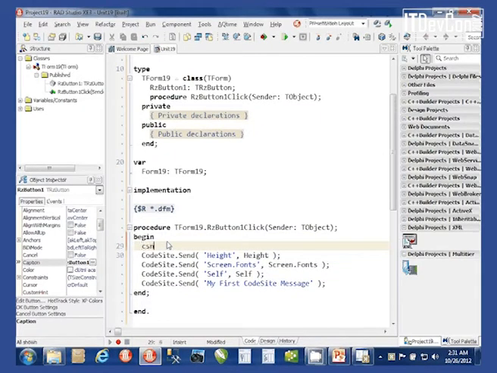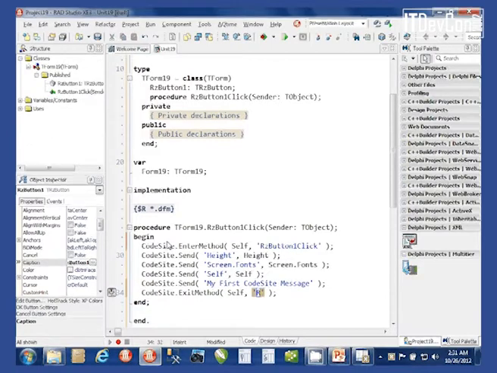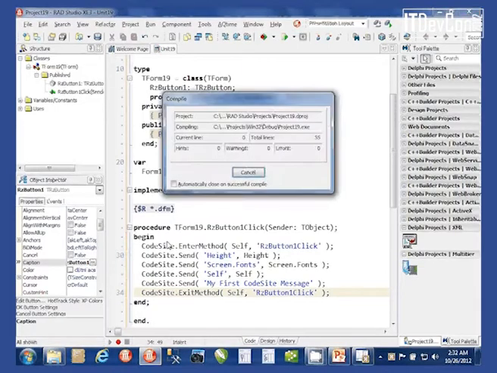One of the ways we do that is using what's called the enter method and exit method calls. So if I type in CodeSite enter method and give it Self, just because I know I'm an object, you don't have to, but it's nice when you do, because it'll tell us what instance it is. And if I type in Button1Click at the beginning, and do the exit for the same one, and go ahead and run this now,